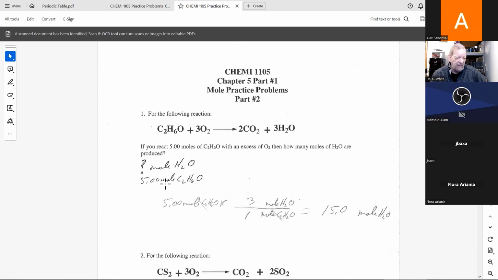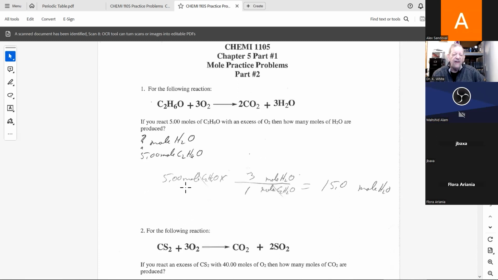We're given how many moles of C2H6O we're reacting. So we can convert moles, this is the only number we have to start with, moles of C2H6O. We're trying to get the moles of water. If I had a ratio that can convert it,